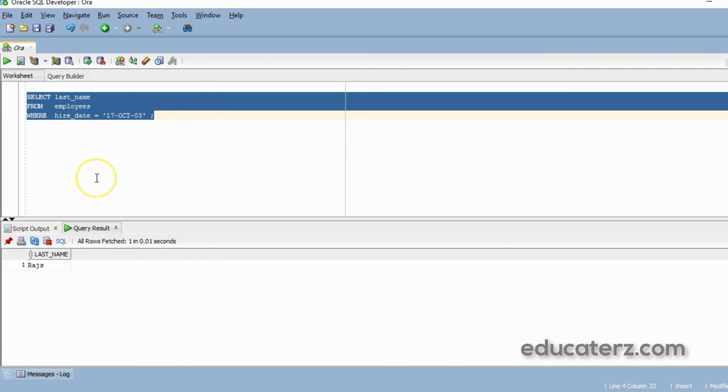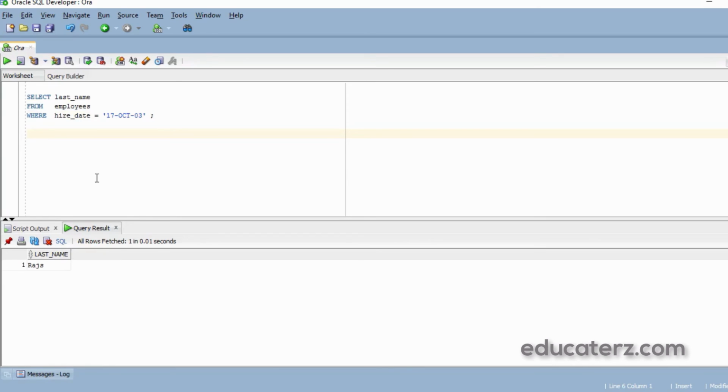And you observe that the dates are written in a particular format. This is the default date format in Oracle. If you are working with other databases, you have to refer to the default format of the dates.